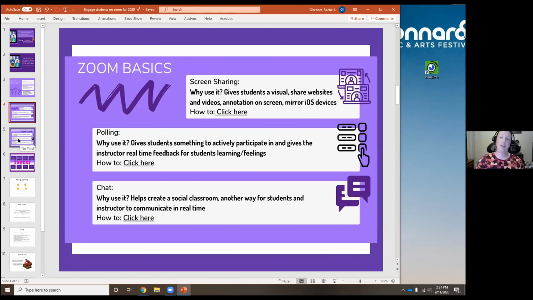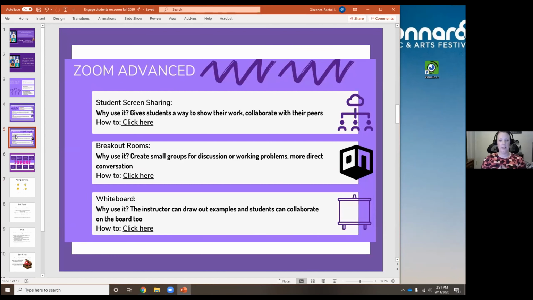So the more advanced topics are things where you're going to have to give up control a little bit. Also, you're going to have to learn where the tools are in order to be able to keep control in case something does go wrong. Not to scare you away from using any of this,